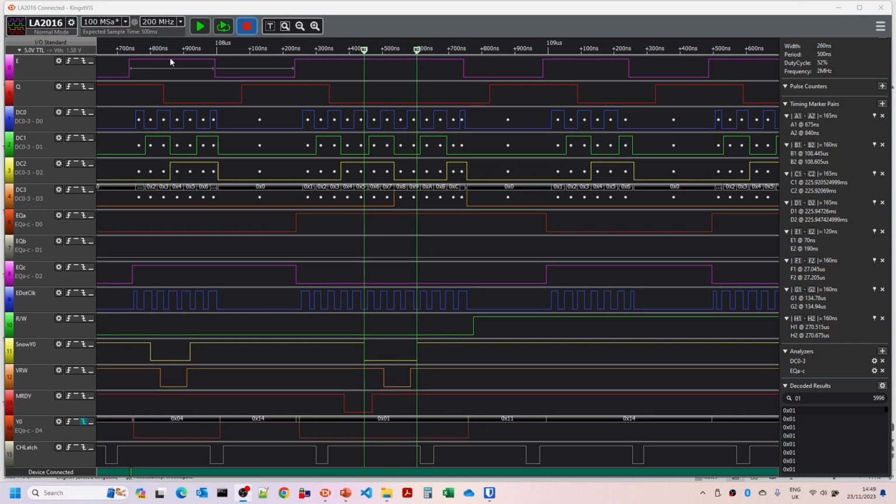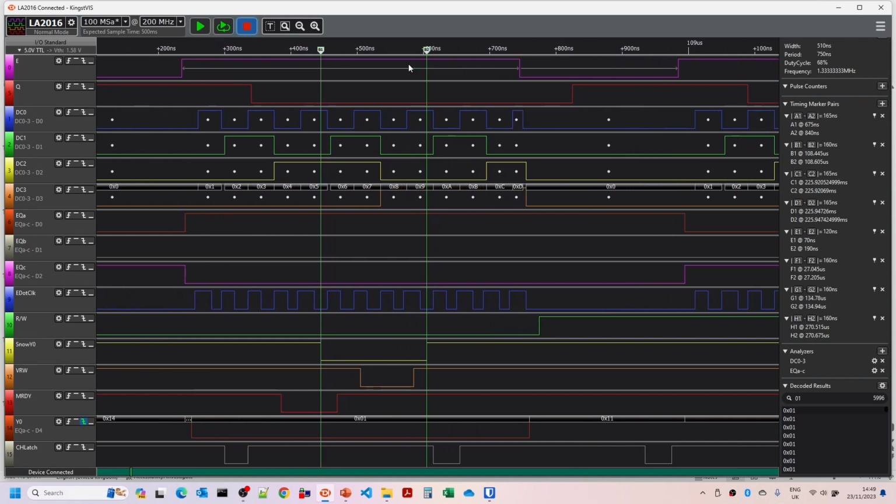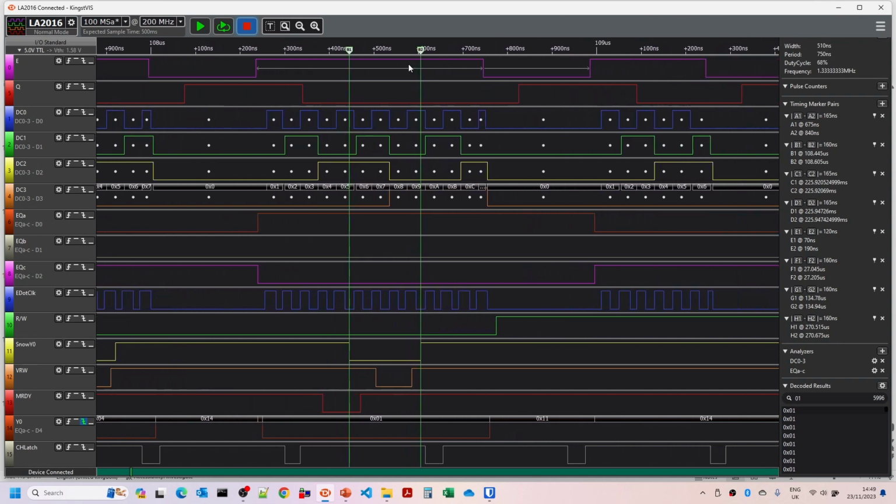And we can then see that we've got the video Y0 memory select signal here, and we've got our snow Y signal here, and the video read-write signal as well, which is shorter than the normal read-write signal. And what we can tell here is that this E clock cycle has actually been stretched. So you can see normally it's 260 nanoseconds over on the right hand side here, and now it's 510 nanoseconds.